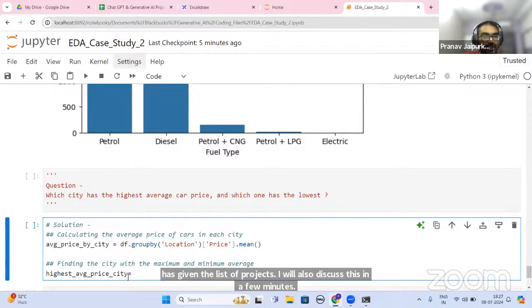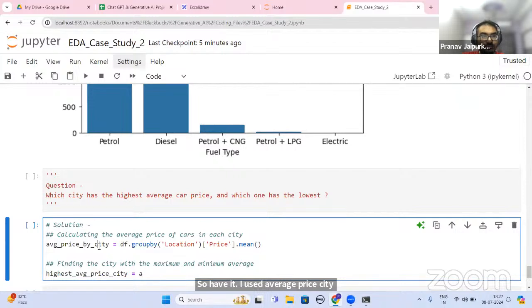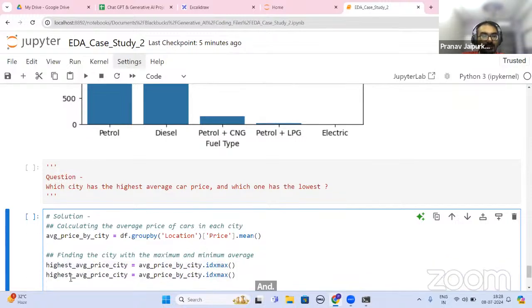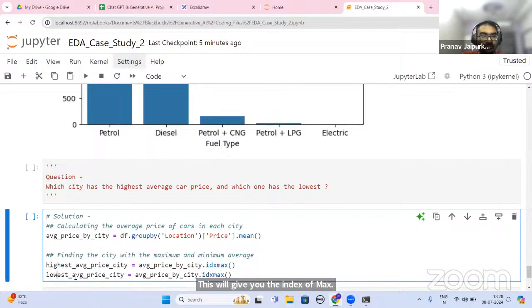So highest average price city is equal to average price city dot idxmax, and this will give you the index of max, and lowest idxmin,